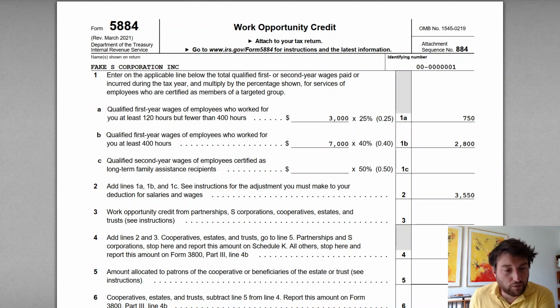Okay, for this video, I wanted to go over a simple tutorial on how to complete the IRS Form 5884 for the Work Opportunity Credit. So this is a federal tax credit that's available to employers here in the U.S. So I'm going to go through the form itself. This is going to be filed with a Form 1120S, so we have an S corporation that's going to be